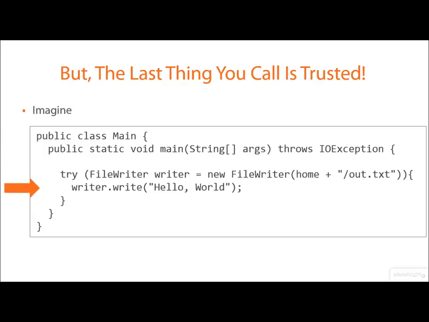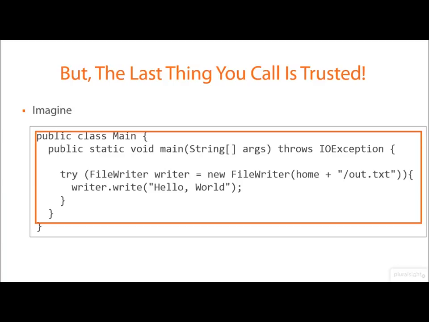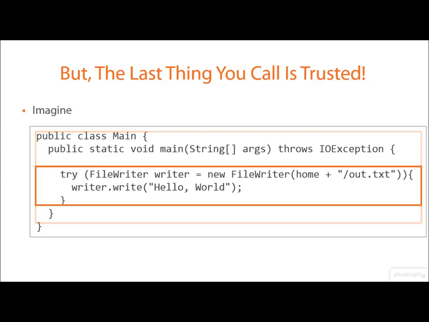Now, it's at this point that the security check happens. Remember, back in the library, we're using the security manager here to check that we have permissions to write to this file. And we've said that the security check depends on the class and where the class was loaded from. Now, think about this. This class, our class, may not have permission to write to this file, so the security check should fail. However, we're using a file writer, and that file writer almost certainly does have access to this